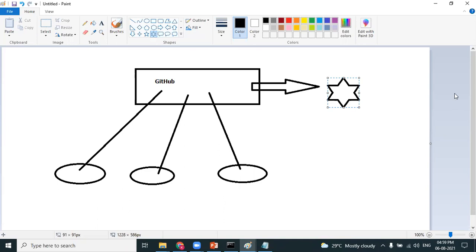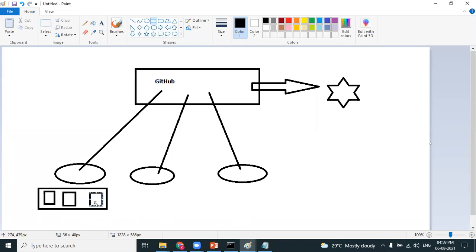First point, commit is nothing but with reference to the local repository, isn't it, Santosh? First, it's an untracked file, isn't it? It moves to the staging area, then to the local repository, and then again he creates new files. Don't think that pushing is a continuous process. Committing to the local repository is a continuous process.